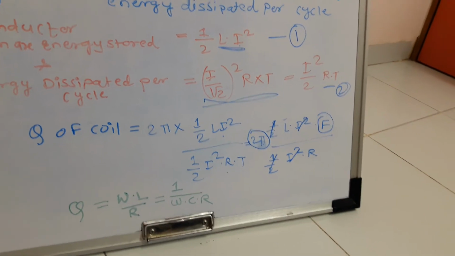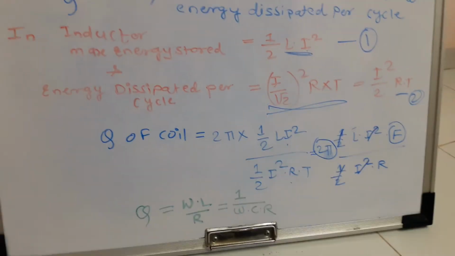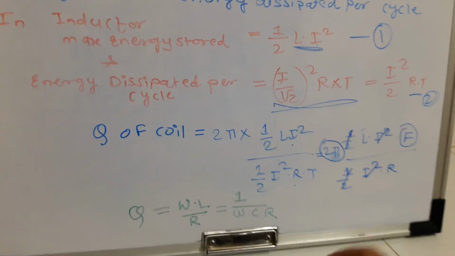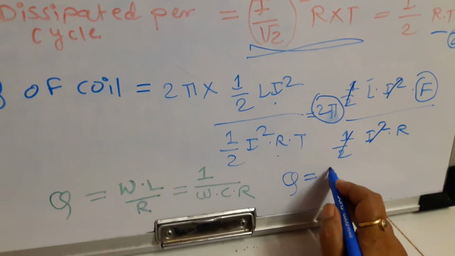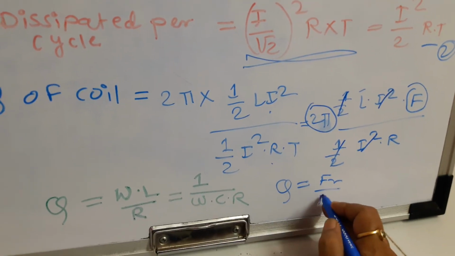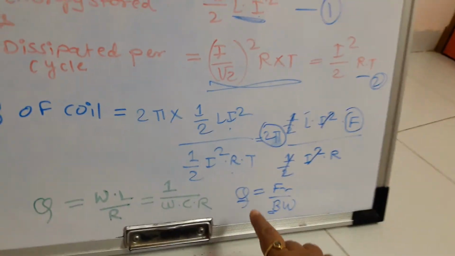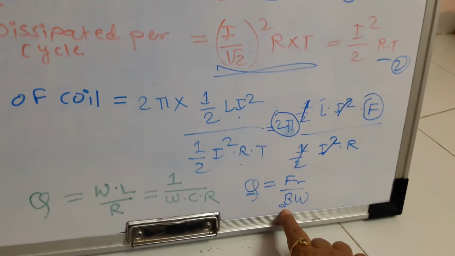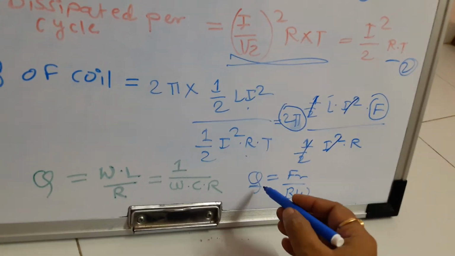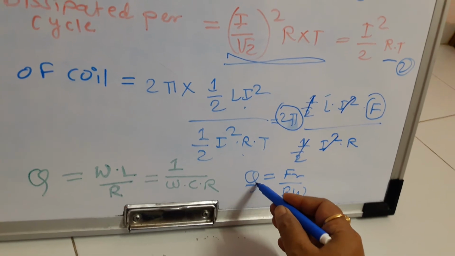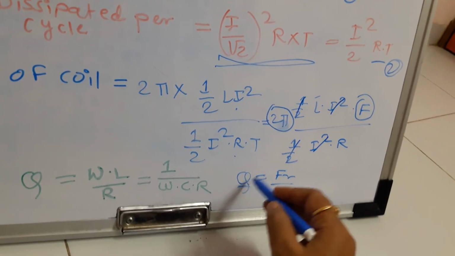Now from this we also know one more formula between resonant frequency and bandwidth. We had seen this formula in the previous video, Q is equal to FR upon bandwidth. So here we can see Q and bandwidth are inversely proportional to each other. If we increase bandwidth, that is the curve is broad, Q will be very small, sharpness of the curve will be very small, and resonant frequency will be directly proportional to Q.